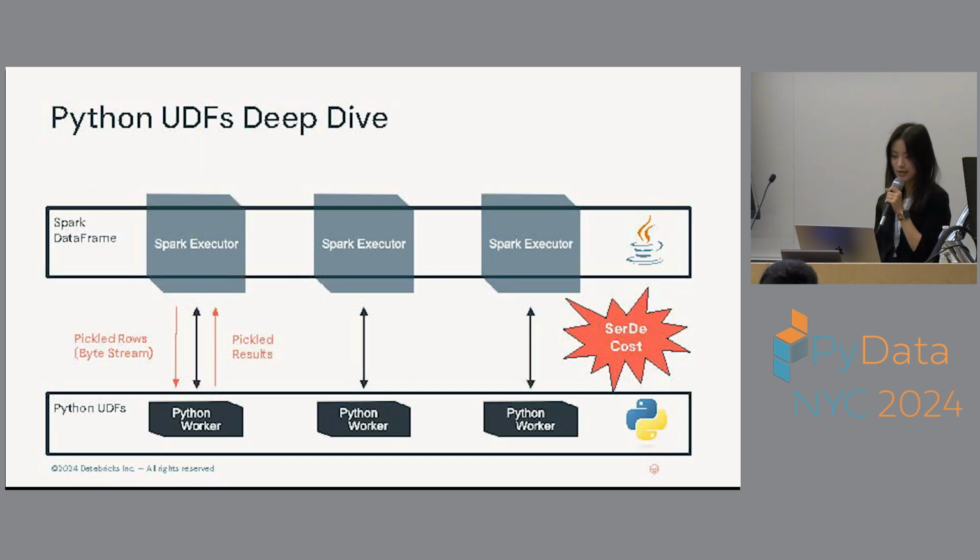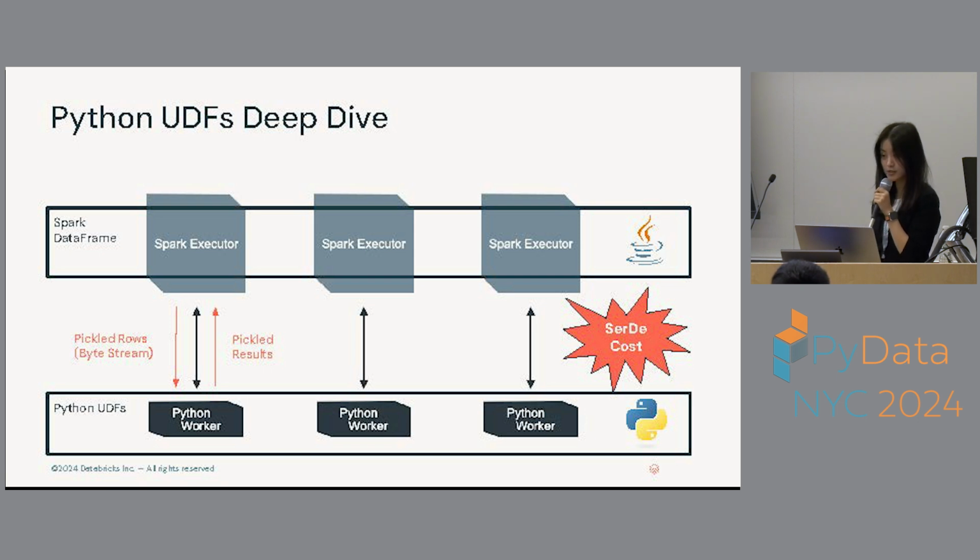Okay, so we're going to take a closer look at how a Python UDF works in Spark. Spark executes a DataFrame across many executors, which run on the Java virtual machine, or JVM. And each executor handles a portion of the data in parallel. So when you use a Python UDF in your pipeline, Spark needs to first create a Python worker, which is just a separate process running on the same executor node,